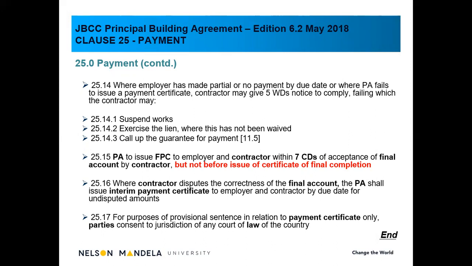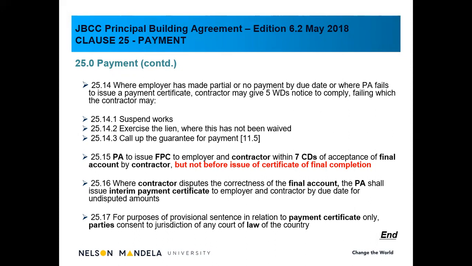principal agent shall issue an interim payment certificate. In other words, the JBCC is very strict on time. We're not going to wait for the contractor to come up and for the signing of the final account. If there's an amount due to the contractor, we will issue an interim payment certificate. The contractor might not be happy with that, but we can't wait for him. We have to conclude the project, so the principal agent will issue an interim payment certificate. And then obviously clause